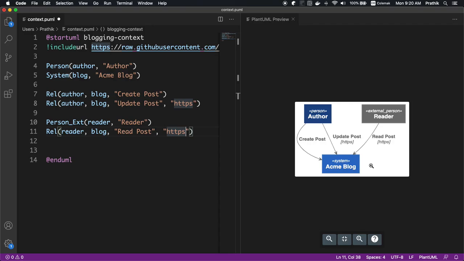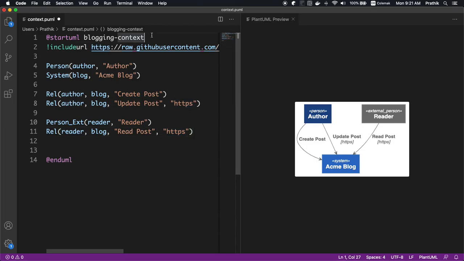You can add other use cases also, like a delete post and stuff like that. But to keep this video shorter, let's not cover 10 different use cases. Let's just stick to these three use cases, because the intent behind this video is not to really talk about a blogging system, but to communicate how C4 diagrams, how PlantUML, and how the ecosystem looks like, and what are the notations that really help you think